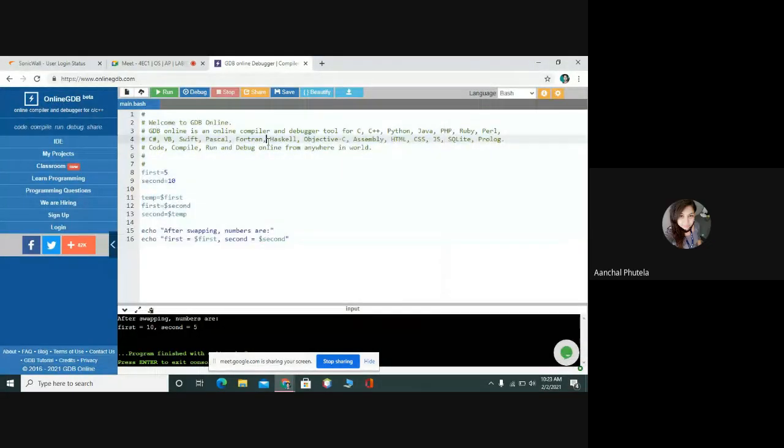Yes, this is after swapping numbers by using a temporary variable, huh? And without using a temporary variable, which have you done that? Hello, ma'am. Yes, Jay Shankar.